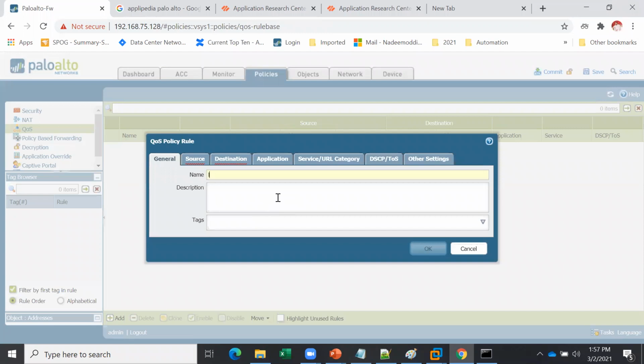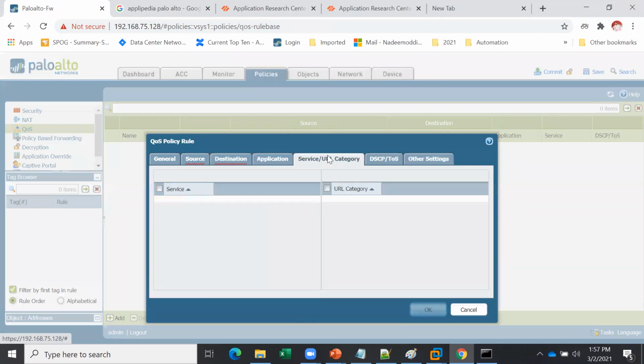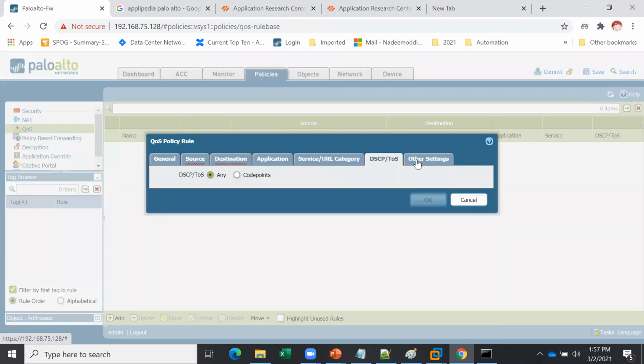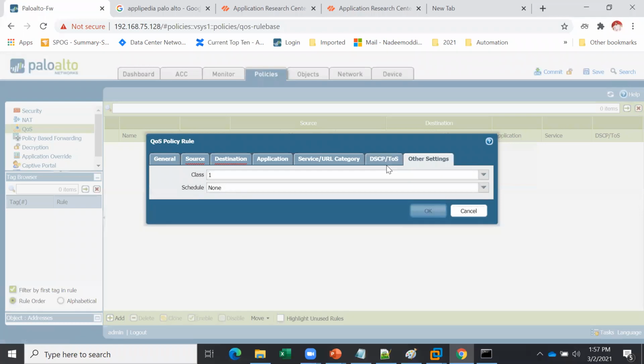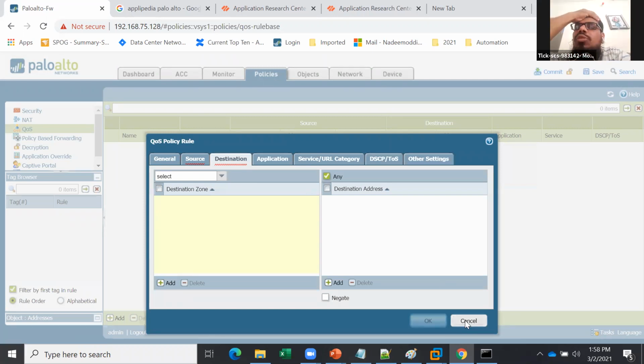Let's say limit YouTube. So quality of service, we talk about any user, destination, application, and here we decide the class. Let's say the corporate application gets the first bandwidth, the second bandwidth should be this one, and if some bandwidth is left, then they can access YouTube streaming. So QoS can be done. Again, as I told, QoS is a very vast technology. In our company, they were having Blue Coat and they were doing this through Blue Coat.